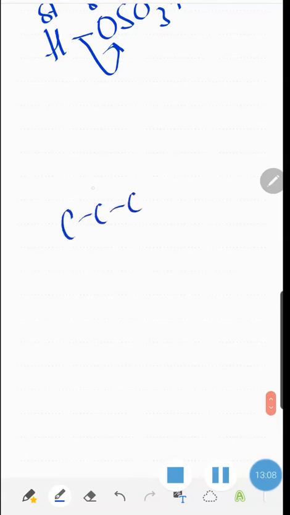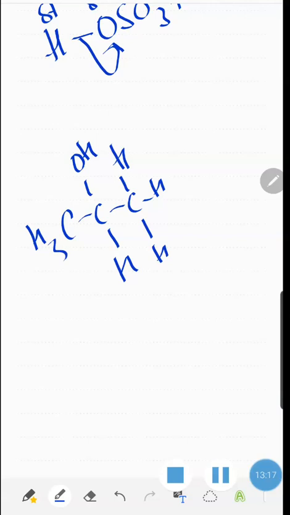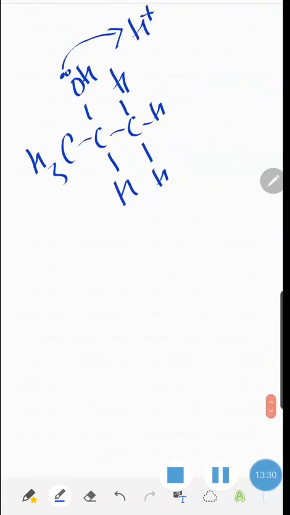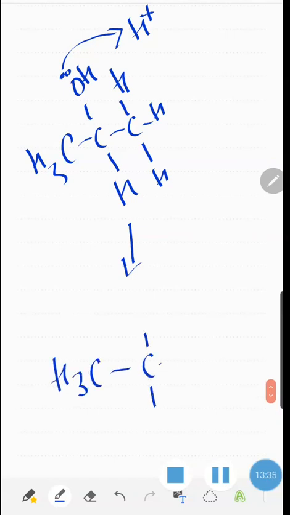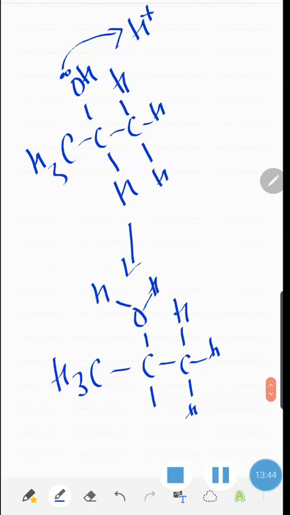Again, I'm going to use propan-2-ol, and I'll draw it like that. The lone pair on the oxygen in the OH will attract the H plus. Step 1. Step 2 is the following. The OH2 becomes like that with the positive on the oxygen, and all that's going to happen